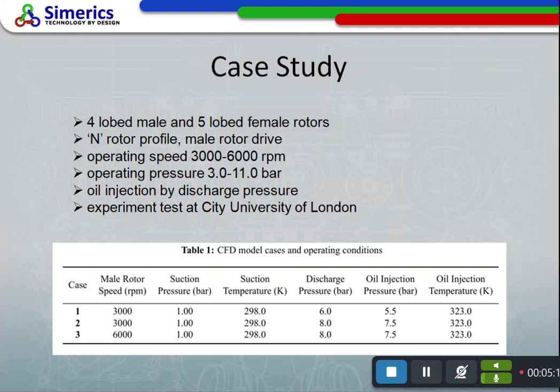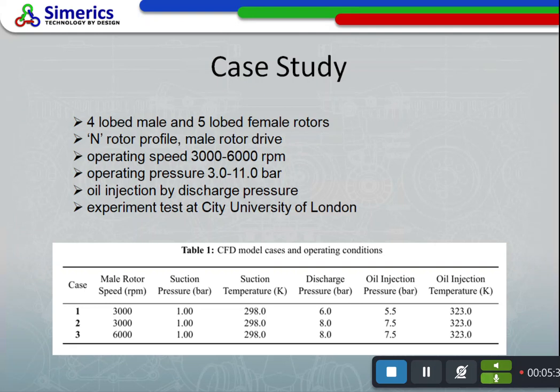For the case study, we use the N-rotor profile. The male rotor has 4 lobes, and the female rotor has 5 lobes. Totally, we have 3 cases. The male rotor speed ranges from 3,000 RPM to 6,000 RPM, and the suction pressure is set at 1 bar,